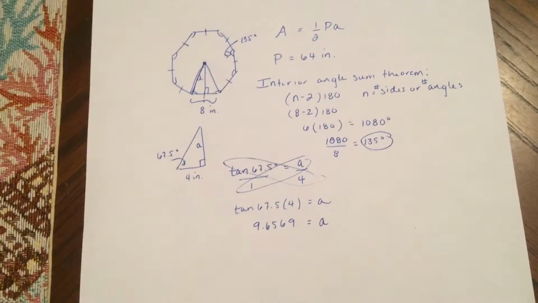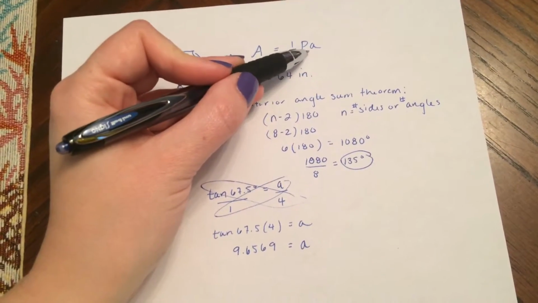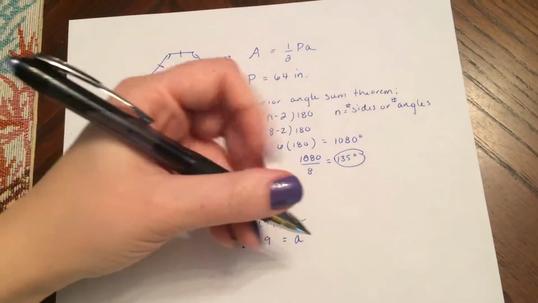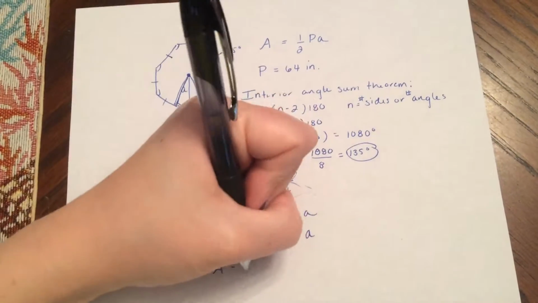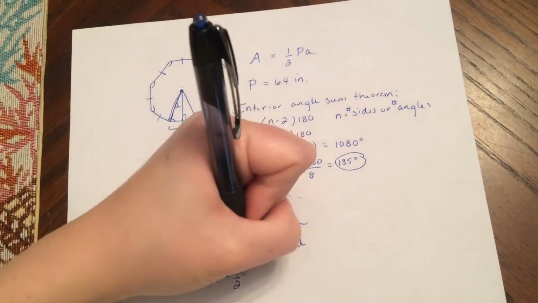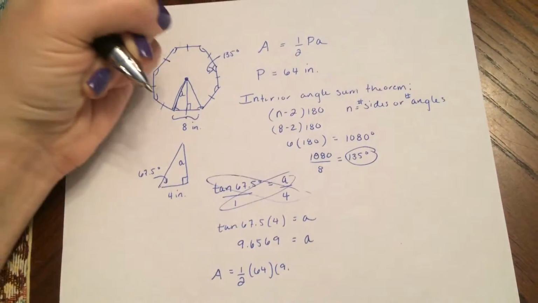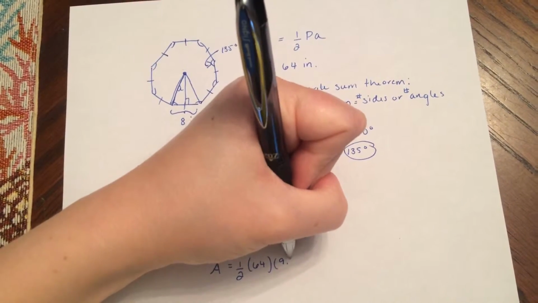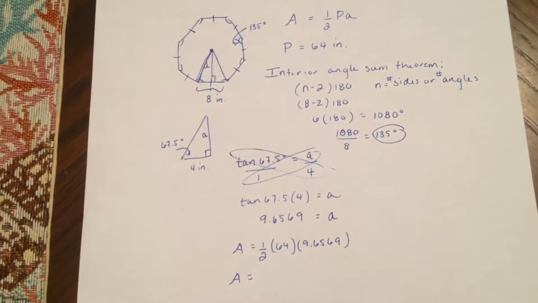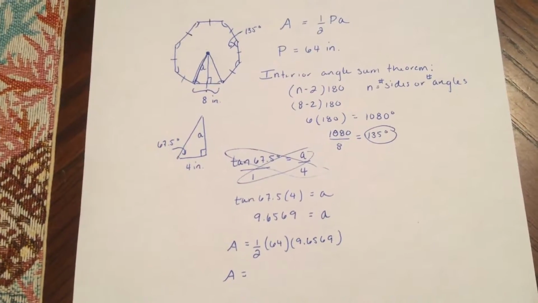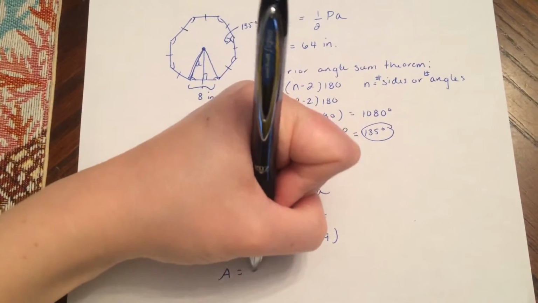And what we need to do finally is we have all parts of the formula that we need. We're given the perimeter, and we have our apothem, we just have to multiply that by 1/2. So our final calculation is going to be the area of this octagon will equal 1/2 our perimeter, which was 64 inches, times our apothem of 9.6569. Okay. And when you multiply those numbers together, half of 64, you get 32. 32 times 9.6569 is going to be